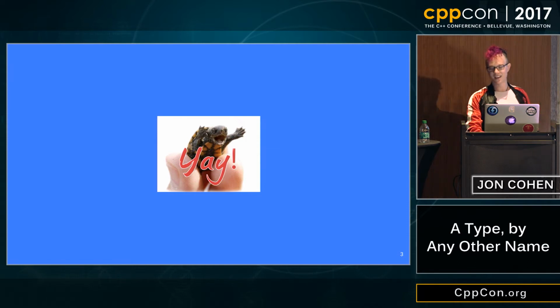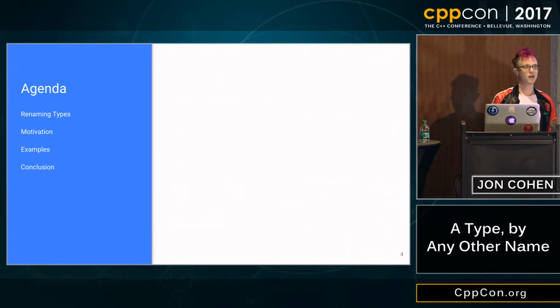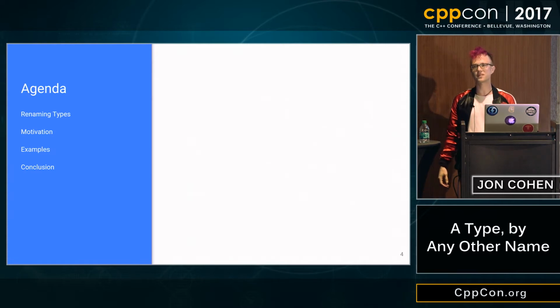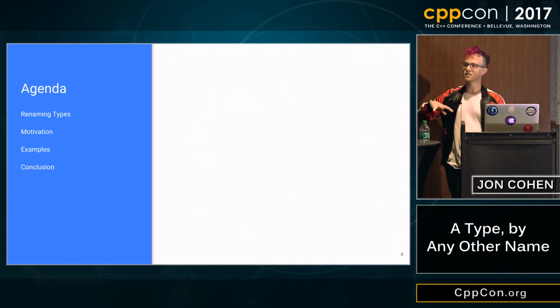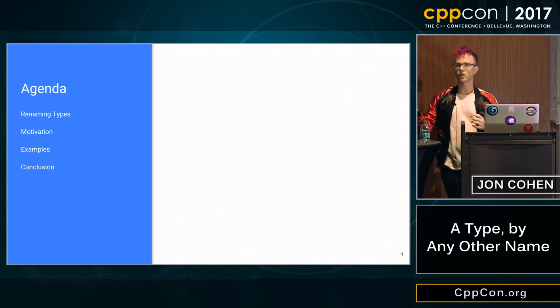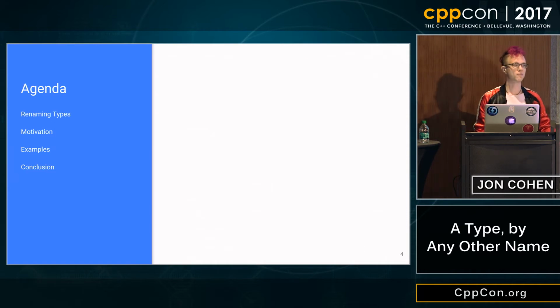Hooray! Seriously, though, here's what we're going to do. I'm going to talk about what I mean by renaming types, and talk about why you would even care about such a thing. Why is renaming types something cool enough and worth enough of mention to have an hour-long talk at CppCon? A lot of examples. These examples are going to start to build up a list of things that user code can do, which can break other users at a distance, library maintainers or people who depend on them, when people want to reorganize code and do these kinds of refactoring. And then we'll wrap it up.